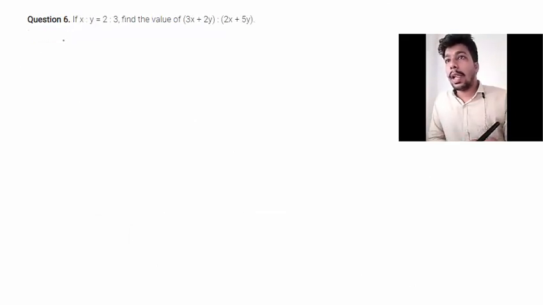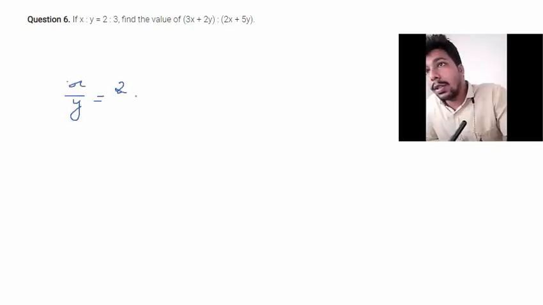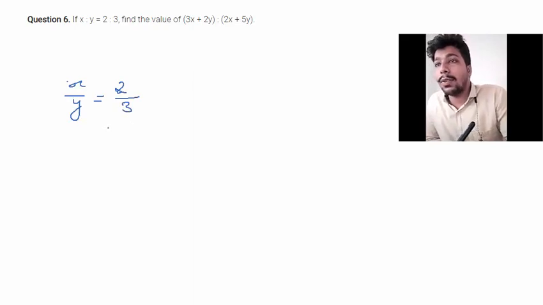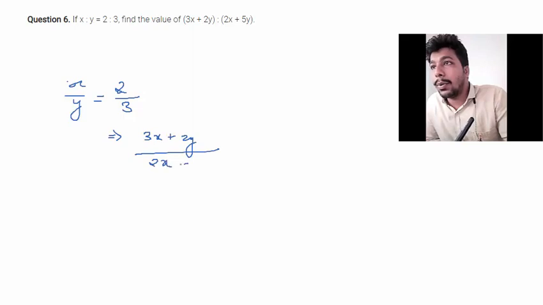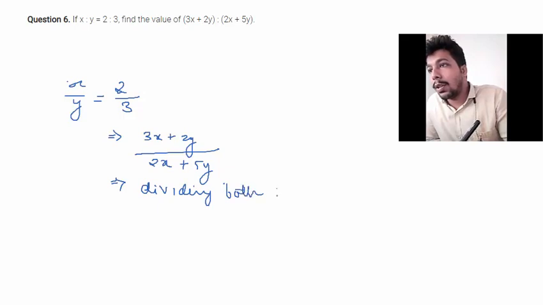Now the question is, if x is to y is 2 is to 3, find the value of 3x plus 2y is to 2x plus 5y. 2 is to 3. So I have to use this x and y, and I have to solve this 3x plus 2y upon 2x plus 5y. So I'm dividing both numerator and denominator by y. So on division we are getting